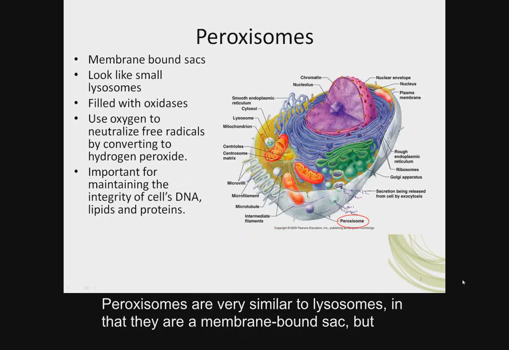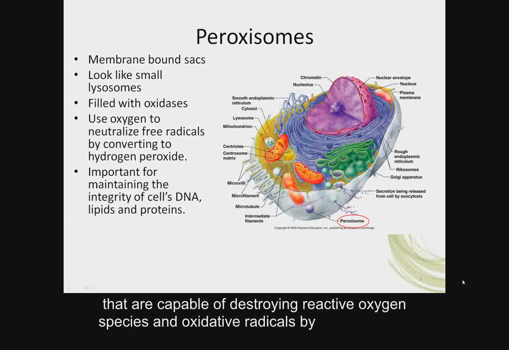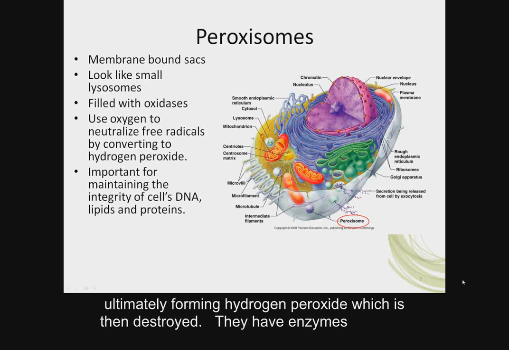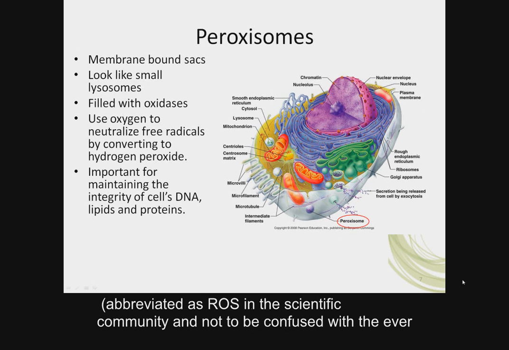Peroxisomes are very similar to lysosomes in that they are a membrane-bound sac, but instead of being filled with digestive enzymes like the lysosomes, they contain enzymes that are capable of destroying reactive oxygen species and oxidative radicals by ultimately forming hydrogen peroxide, which is then destroyed. They have enzymes like catalase and peroxidases in order to temper the damaging reactive oxygen species, abbreviated as ROS in